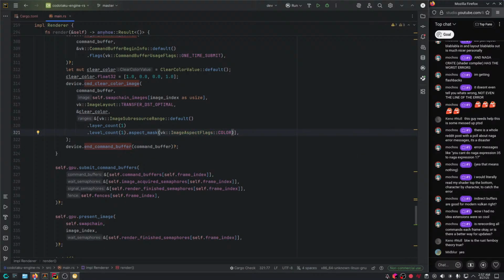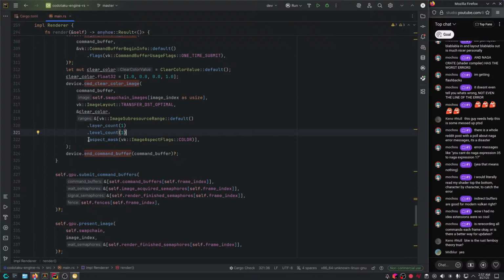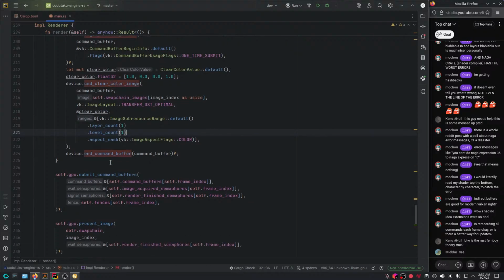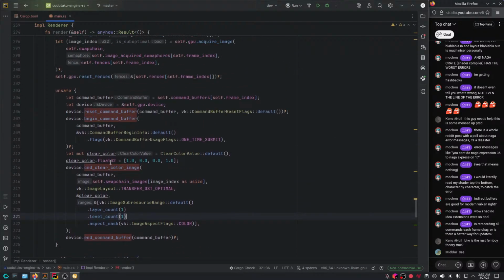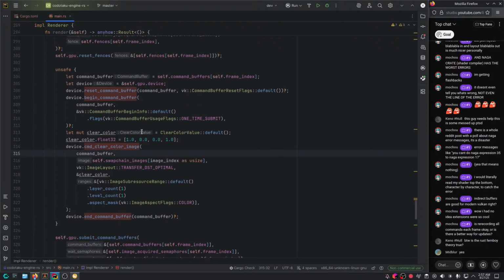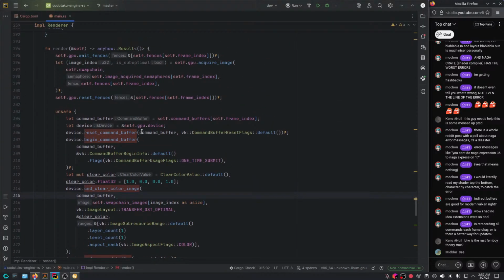Yeah. And that's basically it. I mean, let's just not run the validation layer for now.